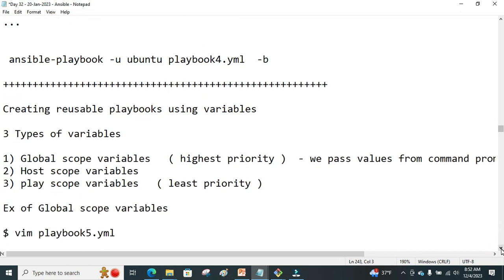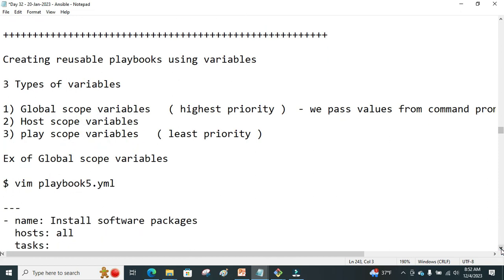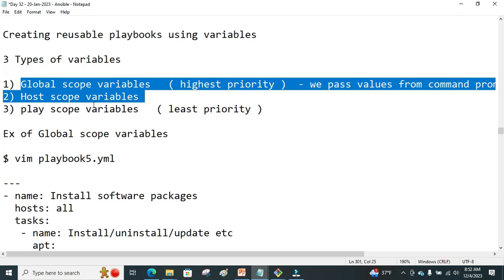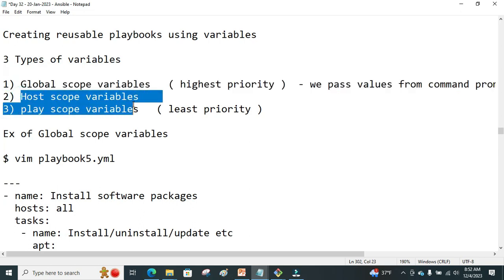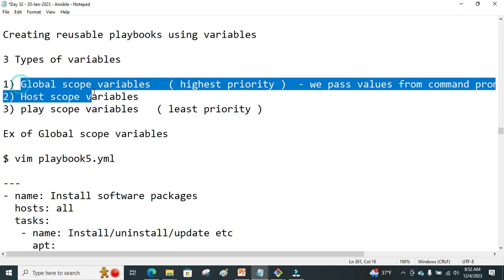Now let us take the reusability of our playbooks to a whole new level. Now we are talking about variables. There are 3 types of variables in playbooks. We have the global scope variables, the host scope variables, and the play scope variables. The priority of these variables is that global is the highest priority, and play scope is the least priority. So we are going to study the global scope variable first,